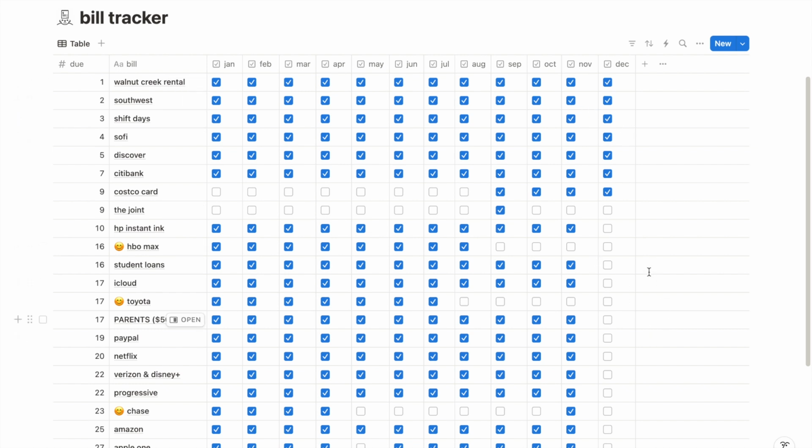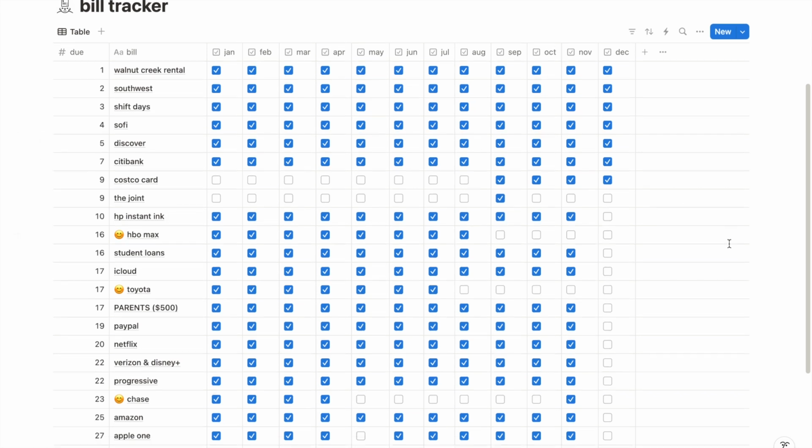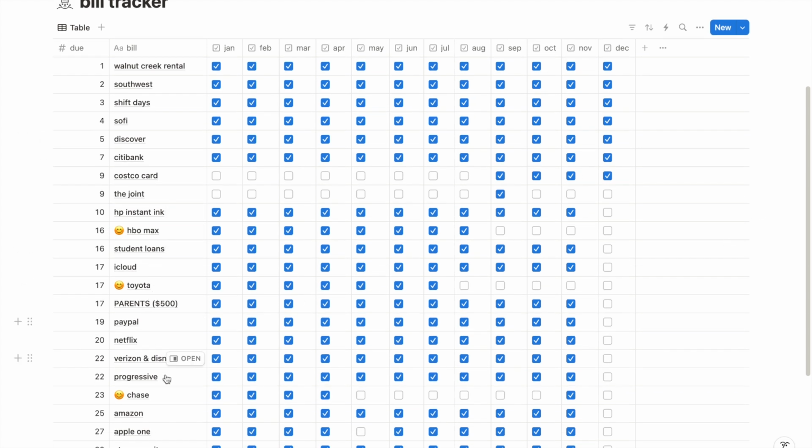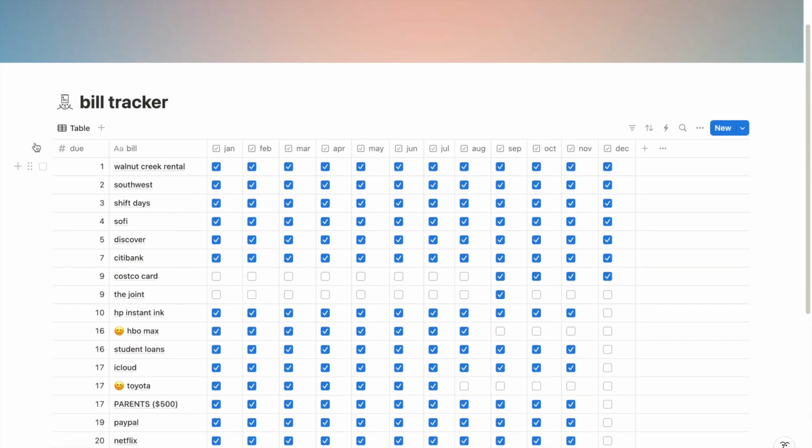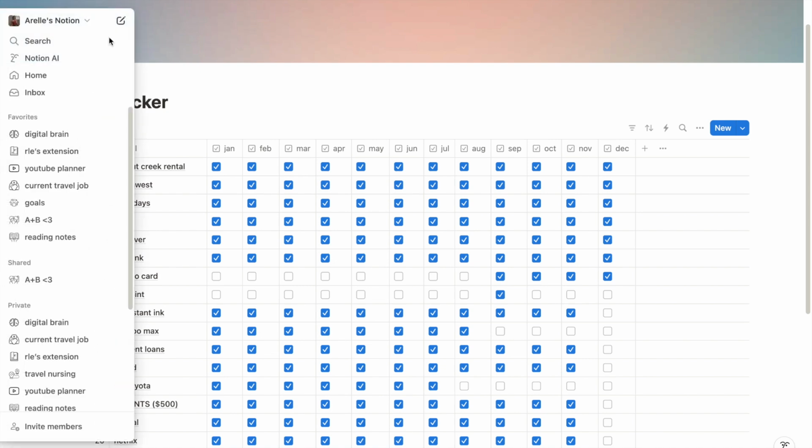We're currently on December, so here are my bills, the ones with the smiley face meaning I don't pay for those bills anymore. It's just like a table. And then I'll uncheck all of this when the year resets for next year. So going back,